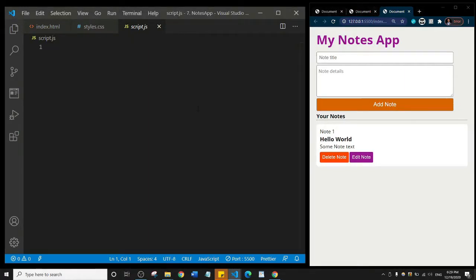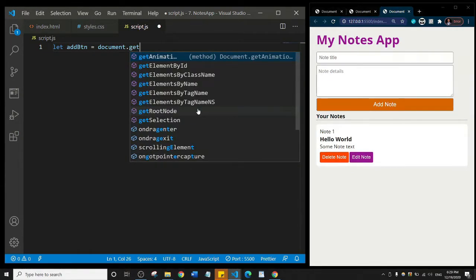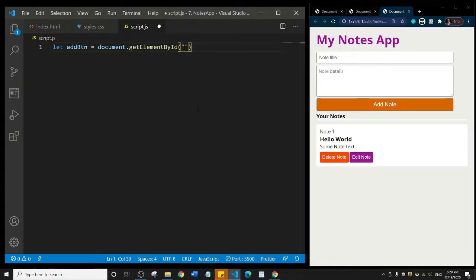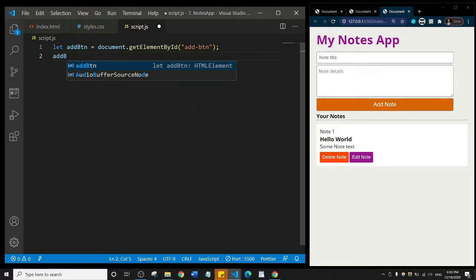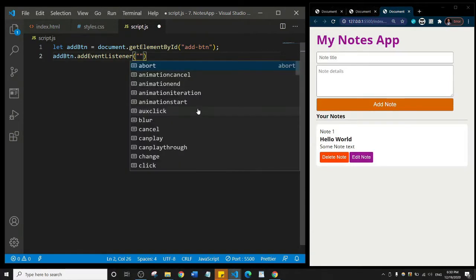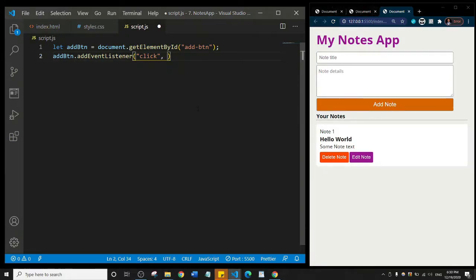So first off, let's create some variables. So I would say let's add btn, which is the add notes button, is going to be equals to document.getElementById, and I'm just going to get the add-button. Okay, so basically I want to add an event listener to the button, so I'll say addBtn.addEventListener, that is going to be click event, and basically let's just do arrow function,